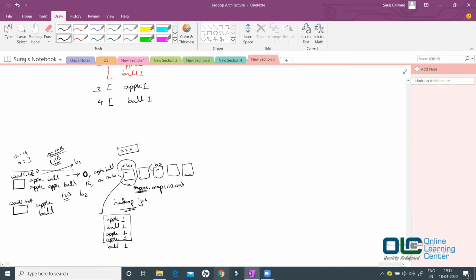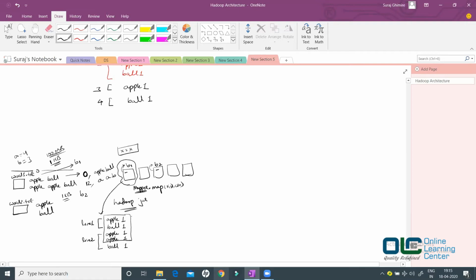So this is what you are going to get: apple 1, ball 1, apple 1. The first 2 lines, apple and ball, are of line 1. The second 3 words are from line 2, but it does not really matter.